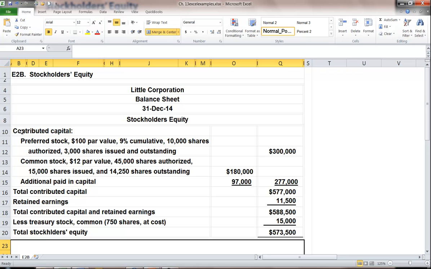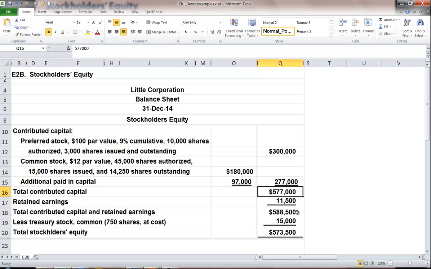So in this section, we first calculate our contributed capital, which is our preferred stock that was given to us, along with our common stock and the additional paid in capital. So that added together gives us a total contributed capital of $577,000. We then add in the balance of our retained earnings, which is $11,500,